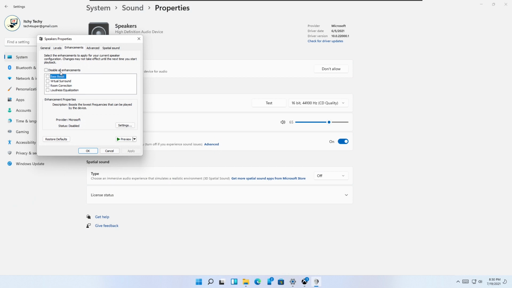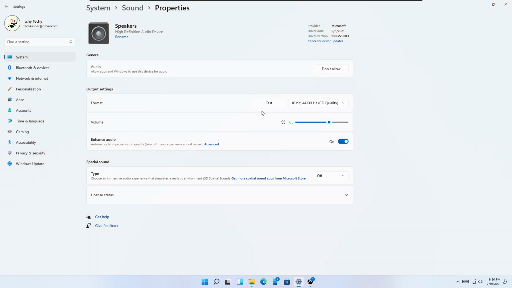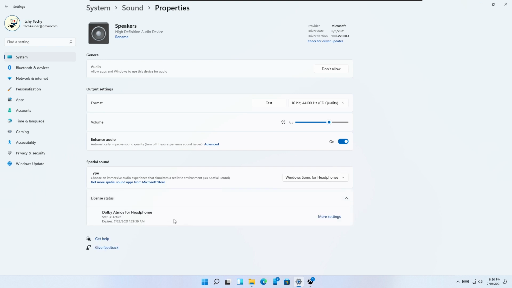You can select the best supported quality for your speakers. You can use Enhance Audio option to improve the sound quality. The spatial audio option can be used to get a multi-dimensional sound experience that simulates a realistic environment.